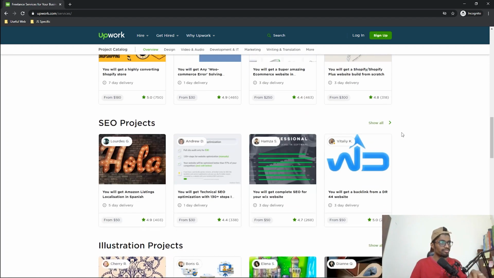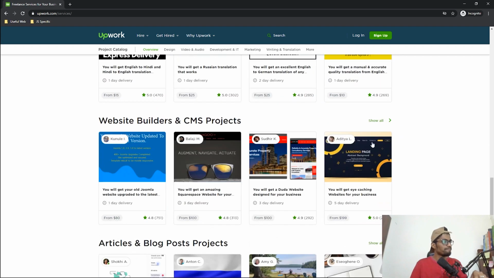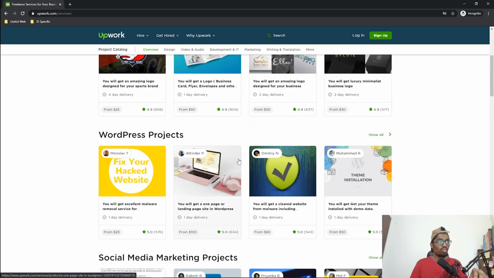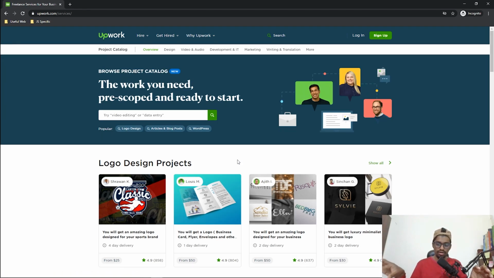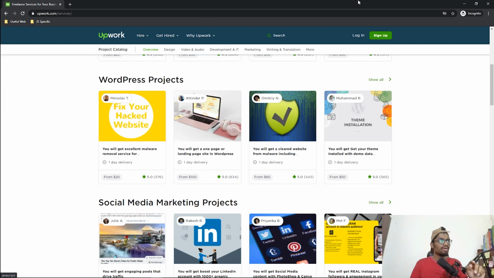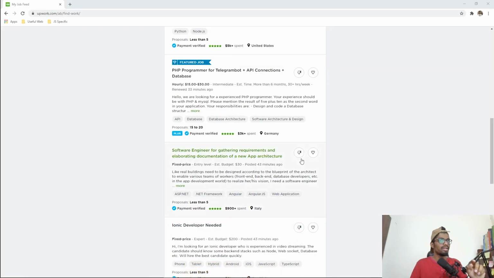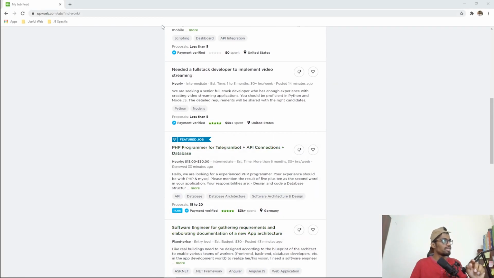This is a great kind of thing, a mixture of two. But getting the Upwork account approved is a bit of a difficult task. Remember this: you have to be super skilled and write a super good proposal to the Upwork team. Once you get approved and sign in, you can either create gigs like you create in Fiverr, or you can go to this site. I don't want to show my profile, I have already signed in. I will show just this.